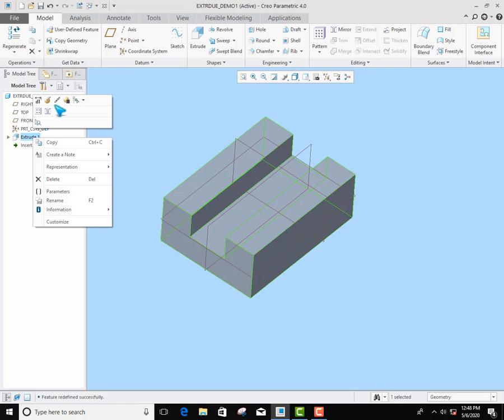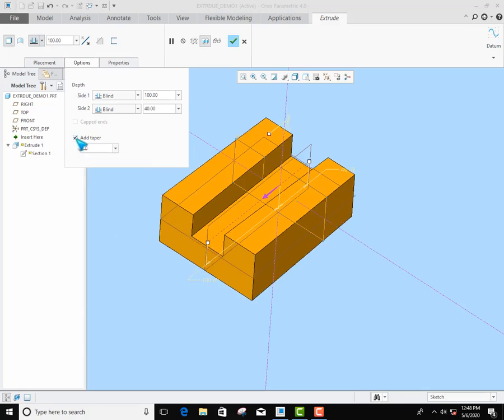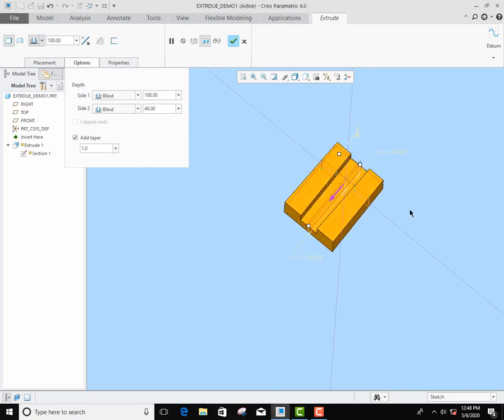And again in the option there is one more option available. If there is a requirement that your part needs to be tapered or drafted, then you can add that draft angle also.